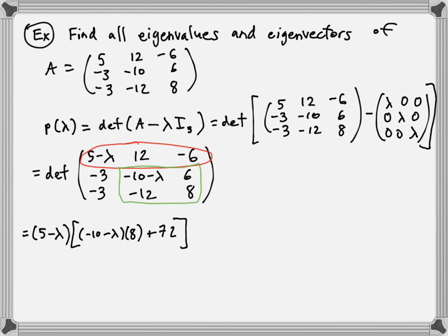Then we go to the next guy, 12. So then what's left is the determinant of this smaller matrix. So it's going to be minus 12 times